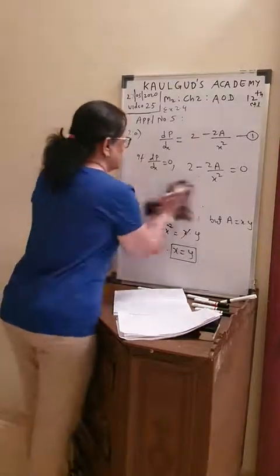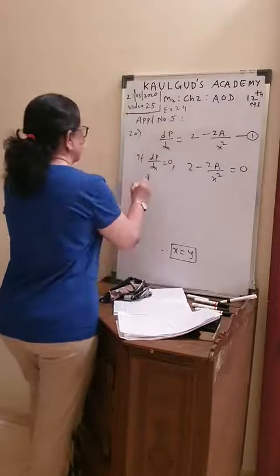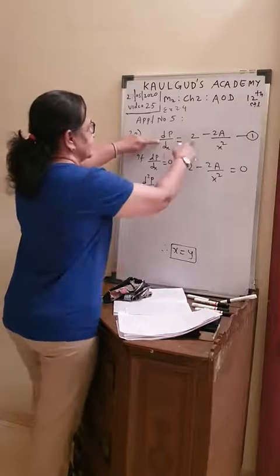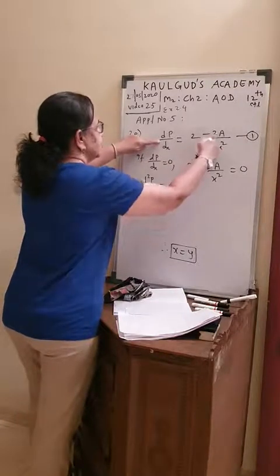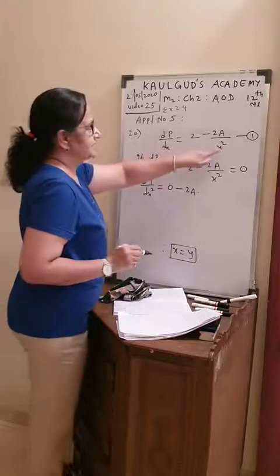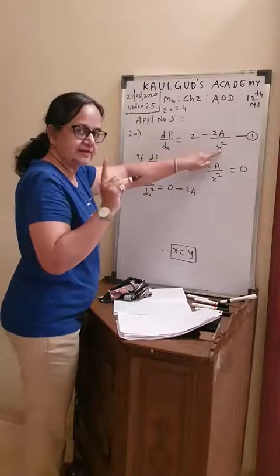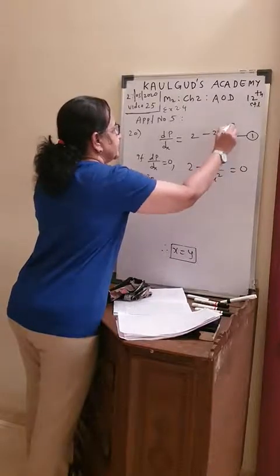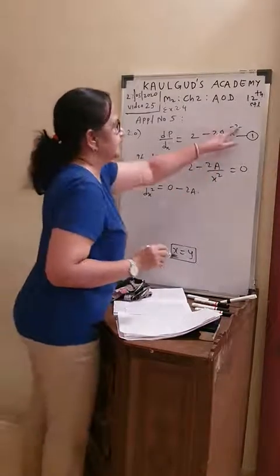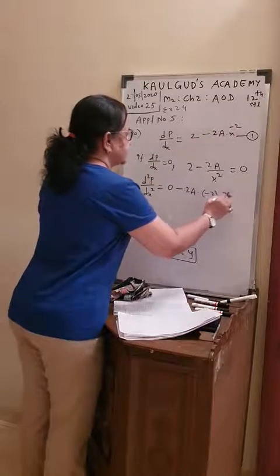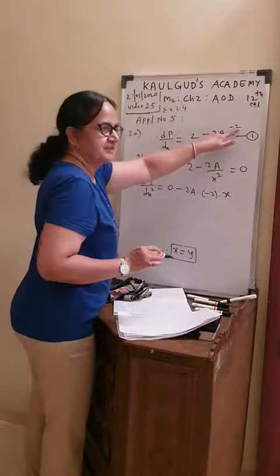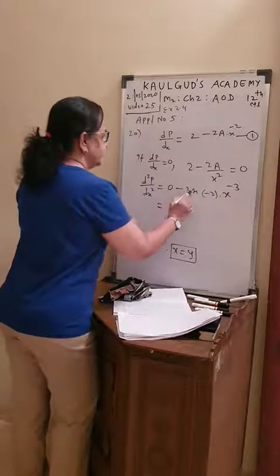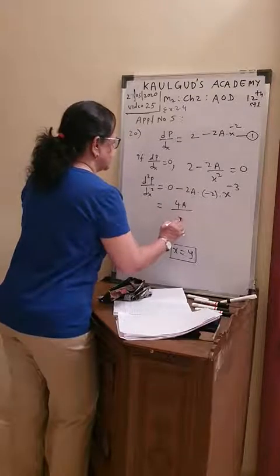But can you check the second derivative at the same time? What is the second derivative? d2P by dx square. Go back to equation number 2. So derivative of 2 is alone, so derivative 0. Minus, here 2a is a constant and x square is down in the denominator. So I have to bring the term up. So it is 2a into x raised to minus 2 when you take the derivative. So x raised to n, derivative n, x raised to, subtract 1, minus 2 minus 1 is minus 3. So this is minus into minus plus, 2a into 2, 4a upon x cube.